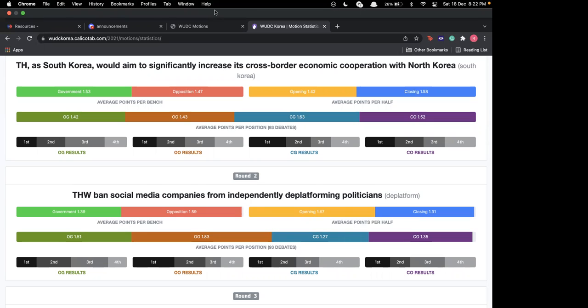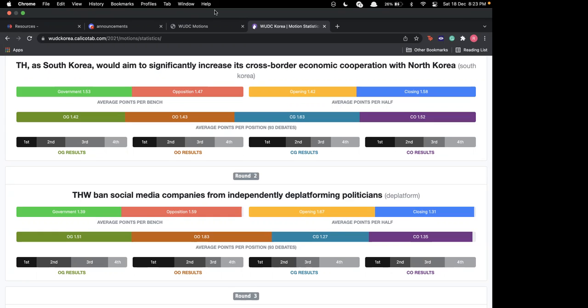Okay, coming to your question, Srija, this is a format known as British Parliamentary. In British Parliamentary, there are not two teams, which is what Asian Parliamentary is, and what I will be teaching you today. There are four teams. There is opening government, closing government, which means government will have two sides, and opening opposition and closing opposition. So the opposition bench will also have two teams. A total of four teams will debate.